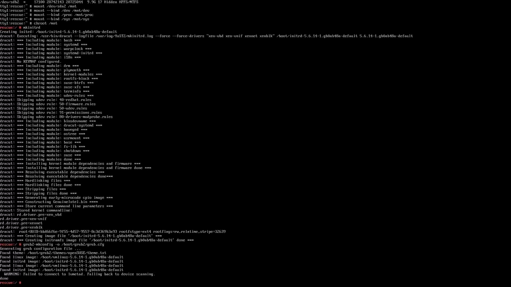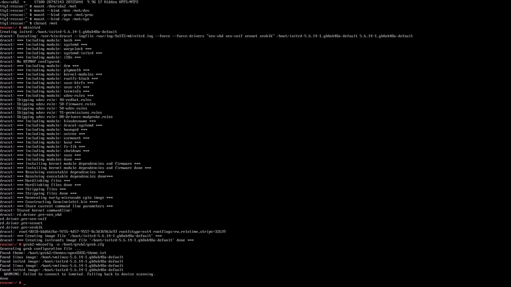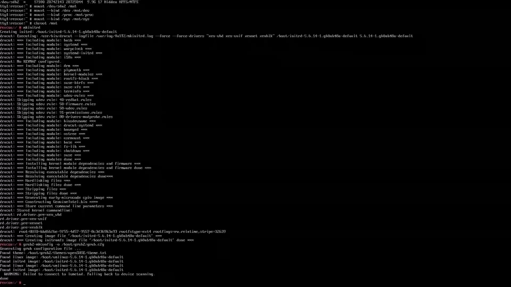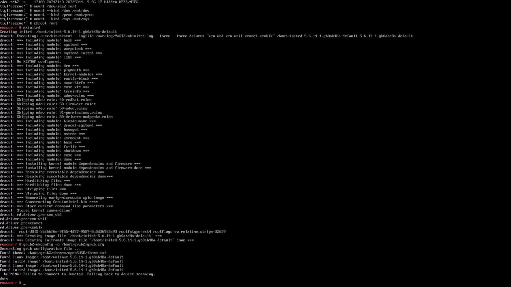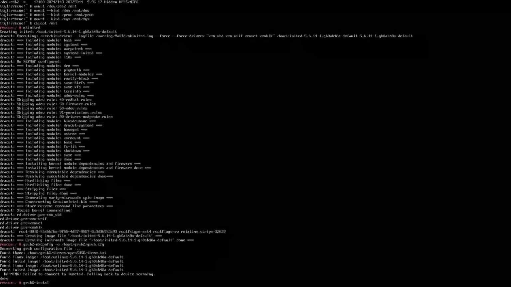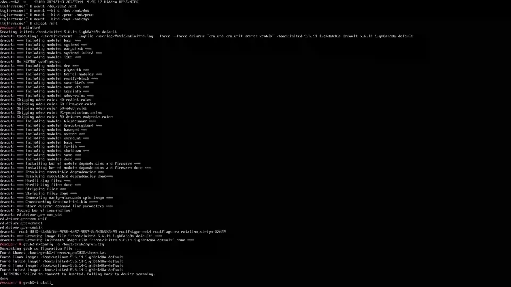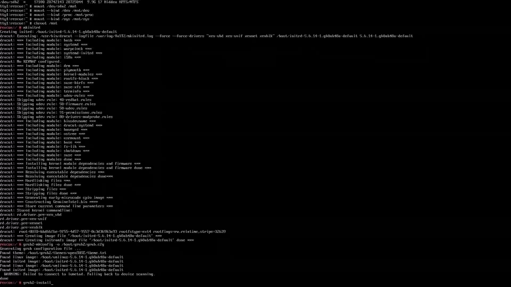Next is a really, really important part. You actually have to do the install to the drive. So that command is grub2-install, and since this is /dev/sda2 or /dev/sda,